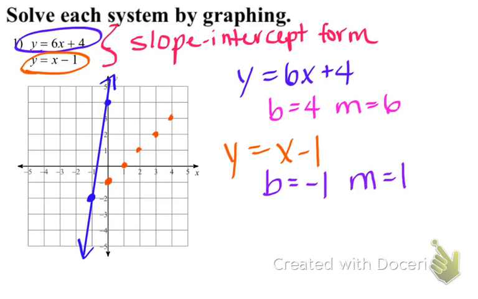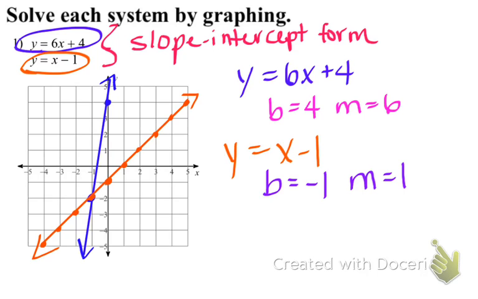Now if I keep rising and running 1 to the right, am I ever going to run into that blue line that I've already graphed? No. So what I'm actually going to do is go down 1 and back 1 so that these two lines will actually intersect. Now, it's important to go all the way across the graph because if you don't, you may intersect inaccurately and your lines and your points might not match up. And so your answer could be incorrect. So I draw my line